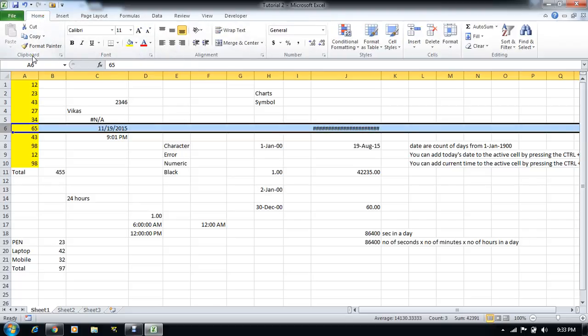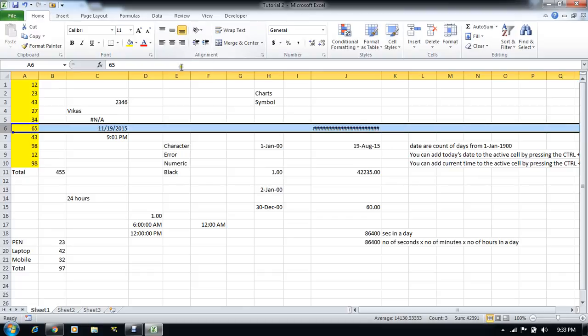Like, it is the clipboard, so here we can choose options related to the clipboard, and here you can see the font. So we can perform the font formatting from here in the Font section of the Home ribbon. And here you can see the alignment section, so we can align the data which we have in Excel using the options here.